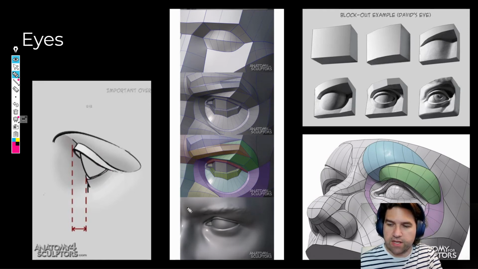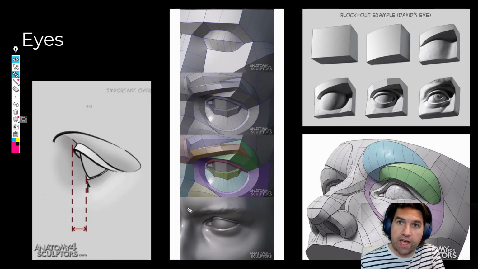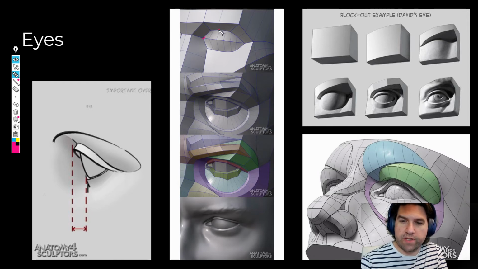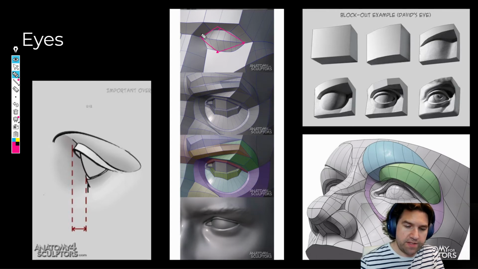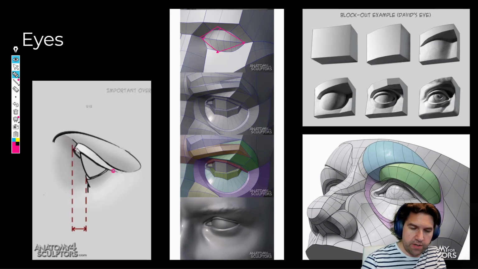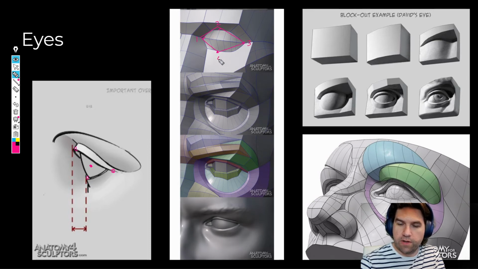Another way I like to think about the eye is there's a couple of key points here, here, and here, and I sort of connect an imaginary line between them to break up the eye. And the reason I like this is because those points are here, here, here, and right about here. So if we say this is 1, 2, 3, and 4, this is 1, 2, 3, and 4, because remember